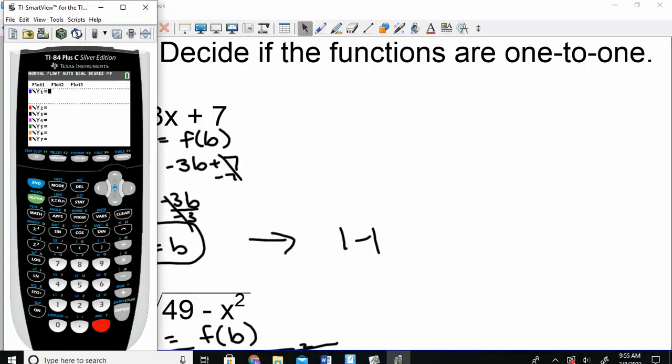Just a line. So does any horizontal line hit that more than once? No. So that's 1 to 1, which is what we decided. My second one